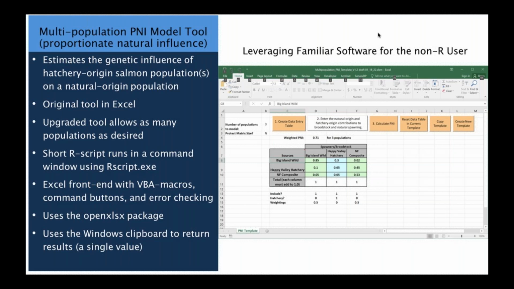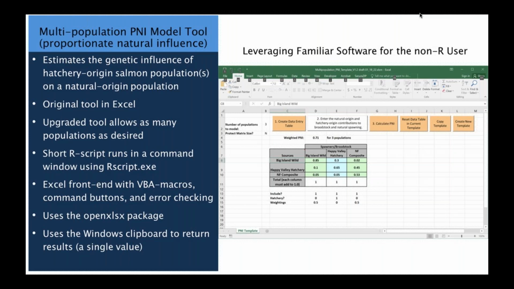So the first tool is a multipopulation PNI modeling tool, and we use it for looking at genetic influence from hatchery populations on natural origin populations. Both of these tools I'm going to talk about are basically upgrades to existing tools. This one happened to be done in Excel previously, and it was very difficult to use beyond 2 populations. So we've upgraded this to an R script that's actually quite short, and it makes it much easier to build these models with multiple populations.